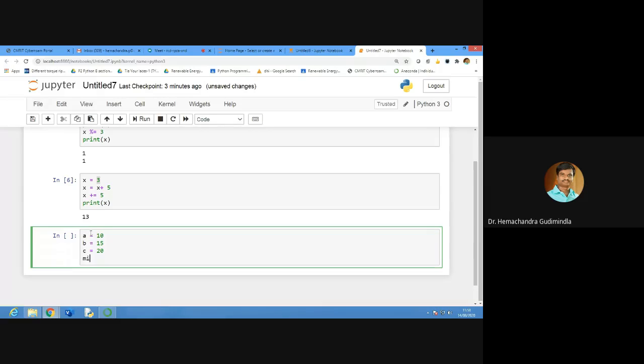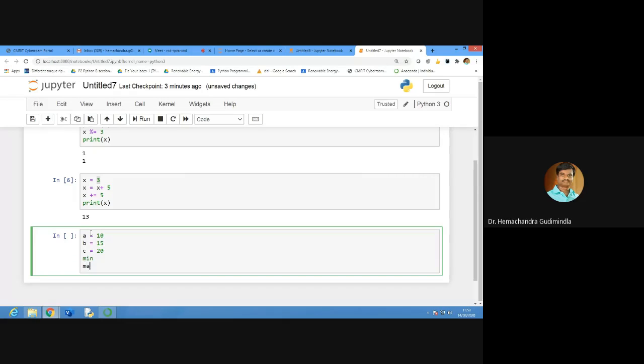One is minimum, another one is maximum. Now I will give D is equals to minimum of A comma B comma C, and E is equals to max of A comma B comma C.